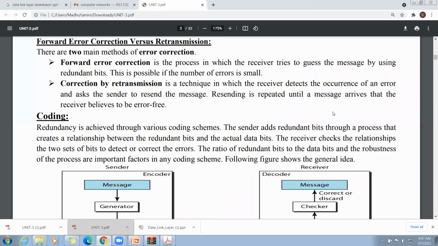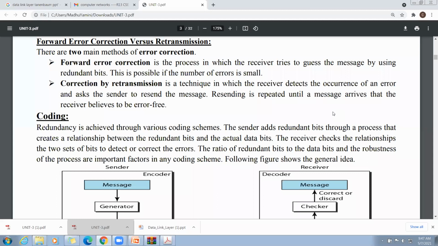Why? Because in this case the number of errors is not small. The corrupted bits are more in this case. That is the reason why the receiver asks the sender to retransmit the message after detecting the errors.